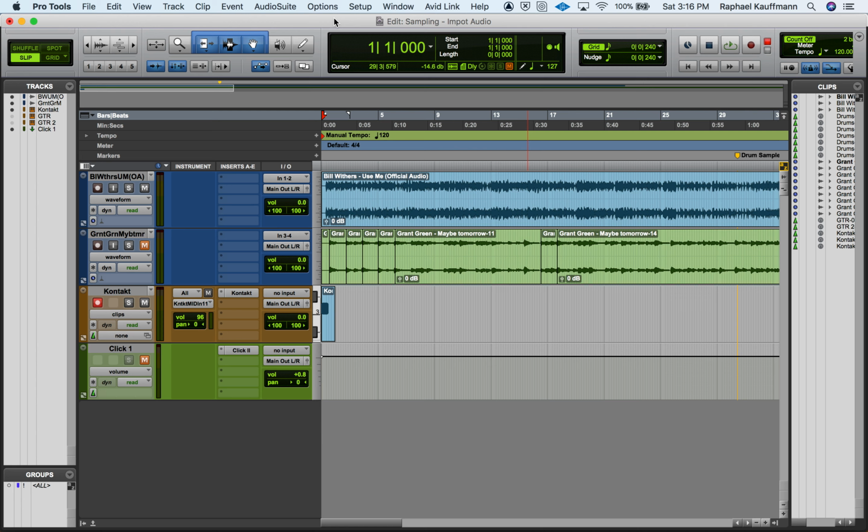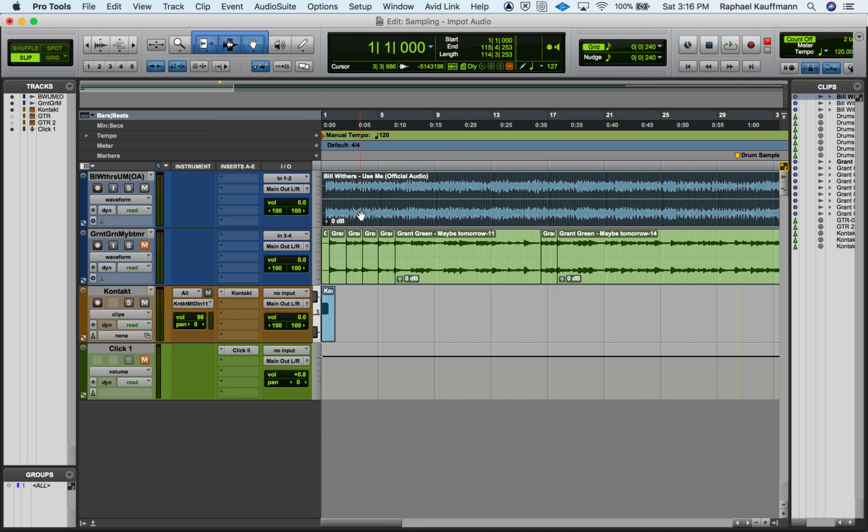Sing For Me, I'm Dying of Thirst, namely the drum beat that comes from Bill Withers' track, Use Me, and some other sections that aren't actually used in Kendrick's track, but the song is Maybe Tomorrow by the late, great jazz guitarist Grant Green. Let's get right to it. So